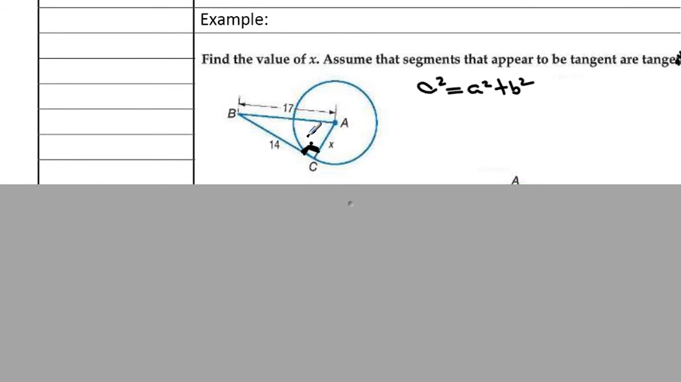So our c is always directly across from our 90-degree angle. That would be 17 squared. And we want it to equal a squared plus b squared. And it doesn't matter what you call a and b. I'm going to call x squared our a squared